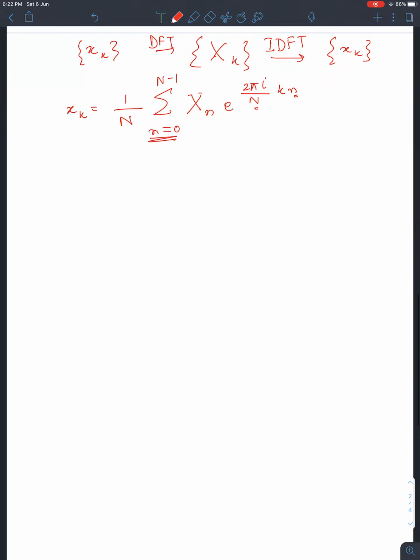So what are you going to do in the program? In your program, if you have a set of data x k, you can form the capital X k, where you will have a separate real part and an imaginary part, because you cannot handle them together. And then once you have X k, you can again do the inverse discrete Fourier transform to get back the x k's. Sometimes it may have the exact same value or form, and sometimes it does not. So I will in a while discuss with you the different questions that we had given for your